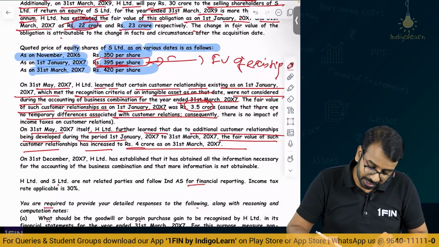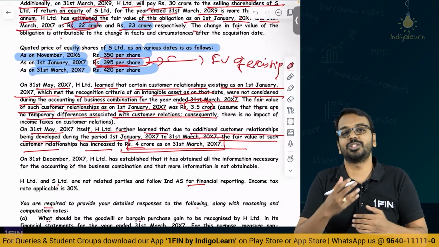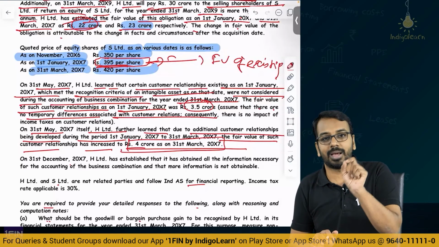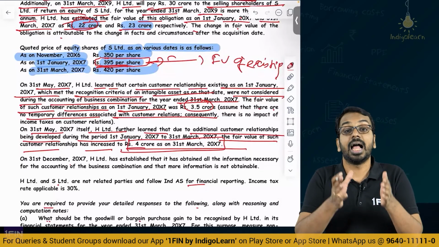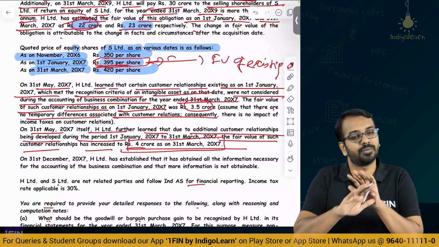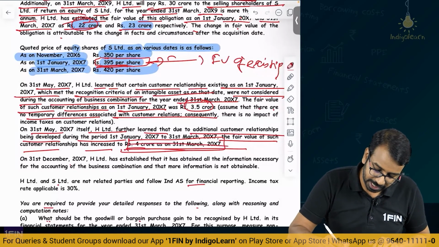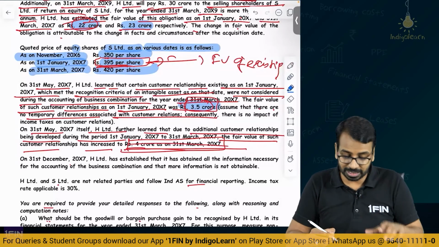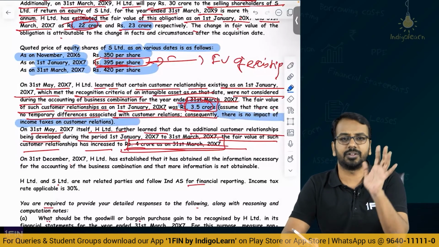Now, they also say that subsequently it became 4 crores on 31st March. Now, this is because of new work. This is not the condition existing on the balance sheet date. You can take only the conditions existing on the balance sheet date. Any information related to condition existing on the balance sheet date you can consider, and you can do the valuation. Subsequent improvements, subsequent efforts, subsequent changes we will not consider. So, this 4 crores will not be considered. What we will consider is 3.5 crores, and this will become a part of my asset in the calculation. Now, one thing they have said is this does not have impact on income taxes. So, we will ignore deferred taxation.